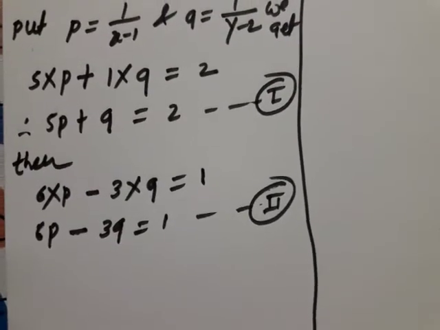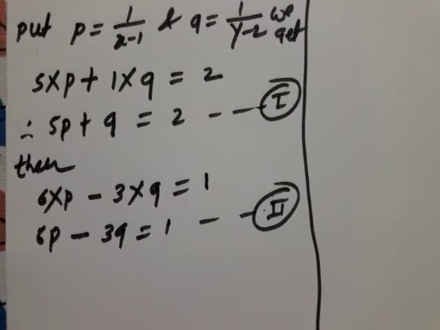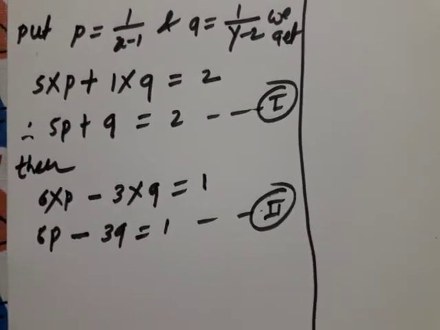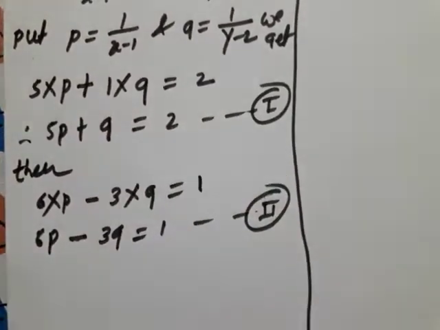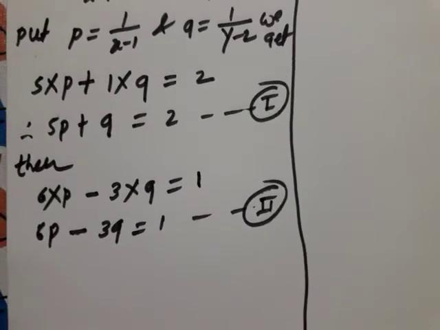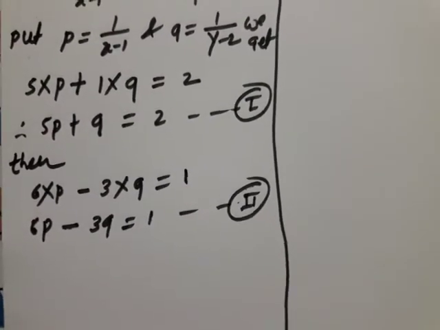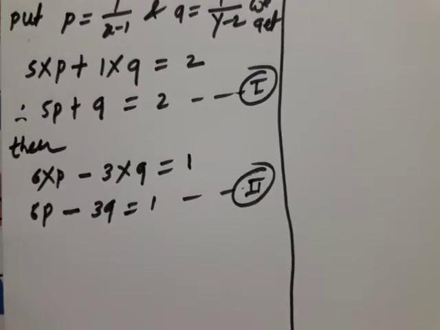Are you getting? Then for that purpose, look here, what is the coefficient of q in the first equation? Here the coefficient of q in the first equation is 1 and in the second equation is 3. Means suppose we multiply equation 1 by 3, then automatically we will get the same coefficients. Same coefficients of which variable? q. That's why we decide here to multiply equation 1 by 3. Do you understand what I said?